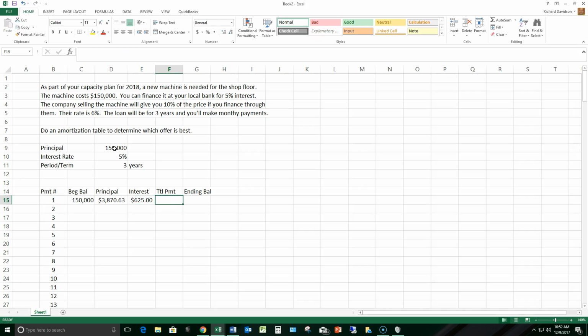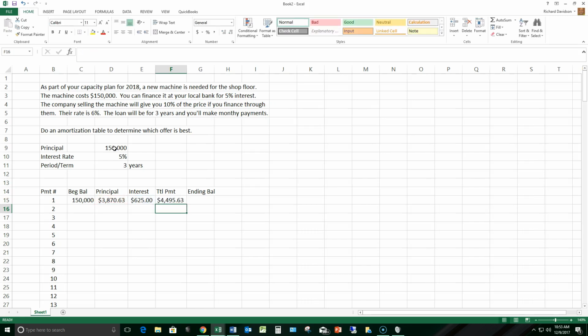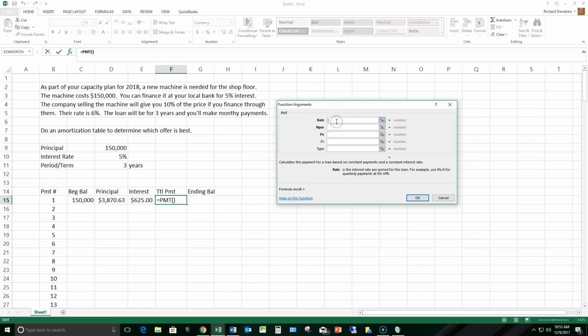You have a couple of options here for total payment. The total payment is the principal payment plus the interest. So you could just add these two cells together if you wanted to. Or you could do the PMT command, which is the built-in function of Excel to calculate the payment. For time's sake, you might want to add the two, but if you want to do a double check, take